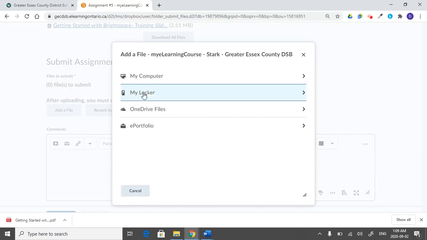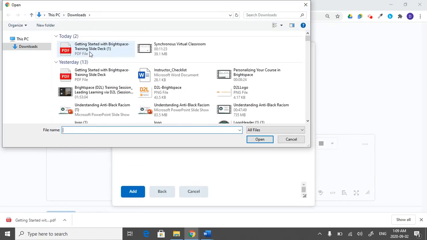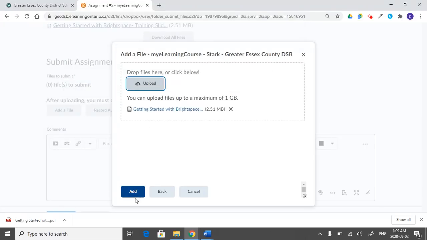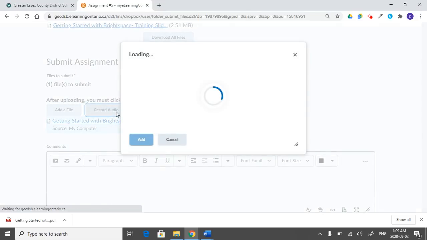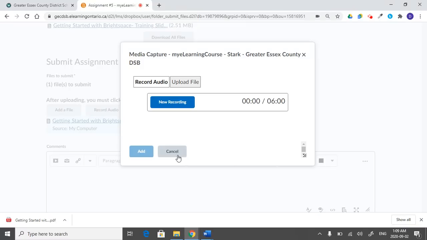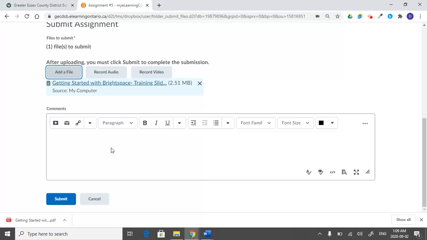So I'm going to add a file in, and let's just say I'm going to add in the exact same file. Add that back in. Now notice students also have the ability to record audio and record video through those same audio and video channels. So they could record an audio note for up to 6 minutes if they'd like, or a video note up to 30 minutes, depending on what they'd like. And then if they have any comments, they can post those inside here. When the student clicks submit,